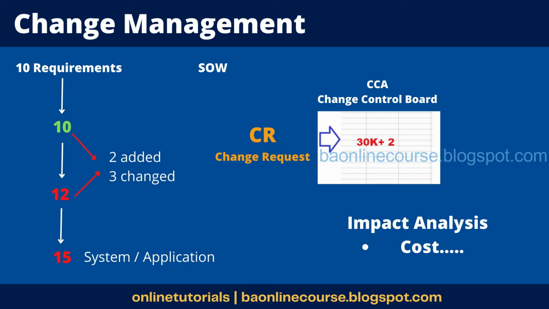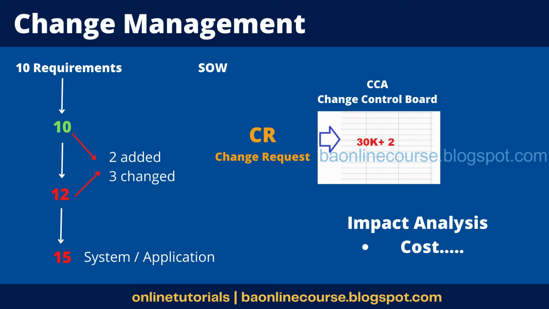Otherwise, they will just say, it's a small thing. Why don't you do it? So you can say, as a process, I am not expected to do it. Can you fill in that change request? This way, for any additional effort that you are putting in which is not committed in your BRD, you are making sure that you are getting that billed, and you are getting enough time to get it delivered. Otherwise, you'll be in a lot of trouble later. Okay, so clear with the change management process.